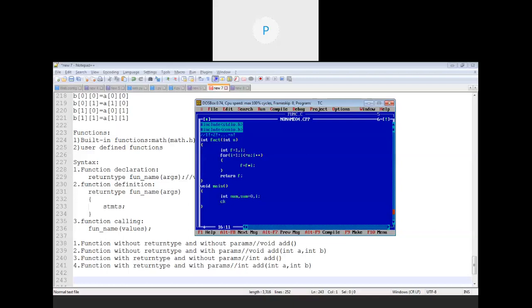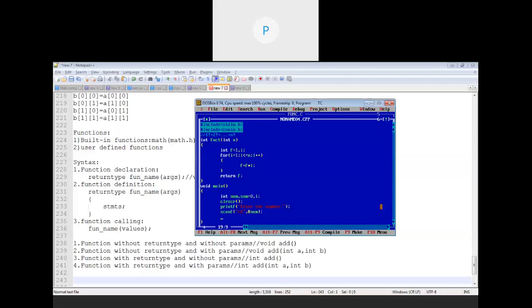Then clear screen, printf, let's ask the user to enter the number, with scanf and the ampersand.